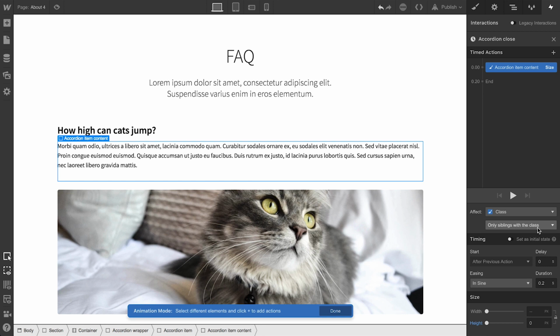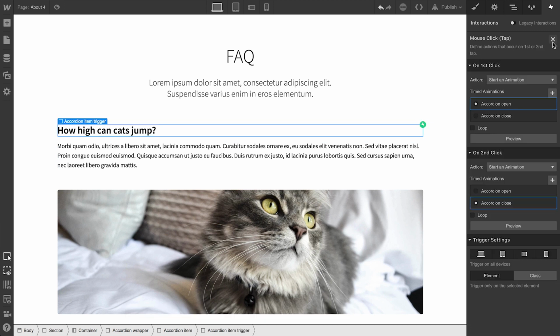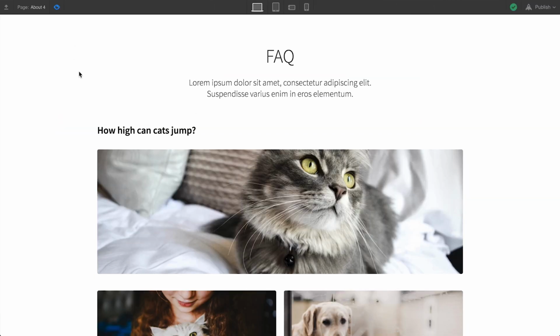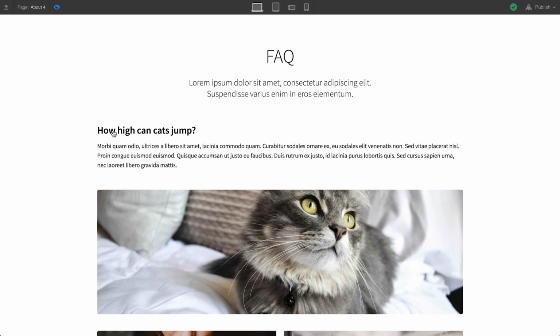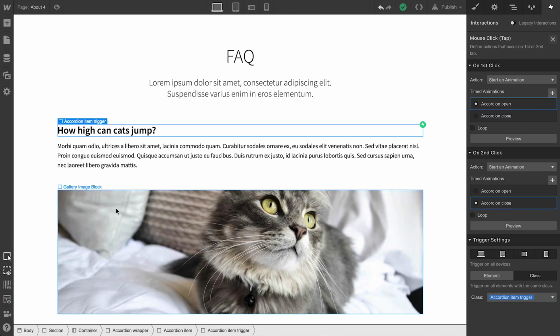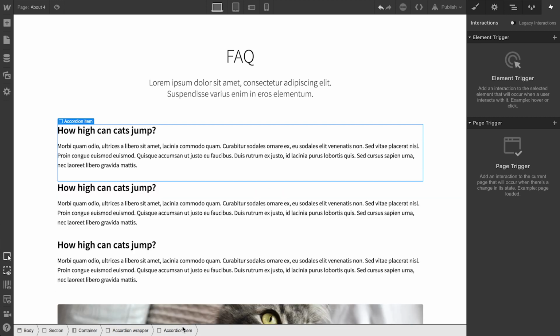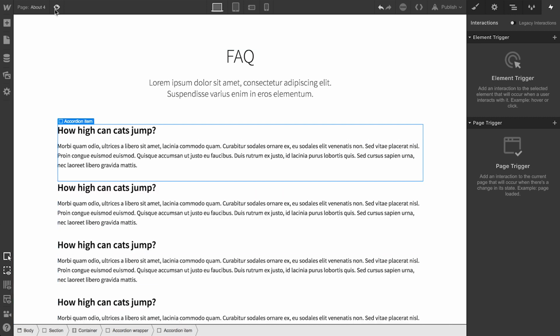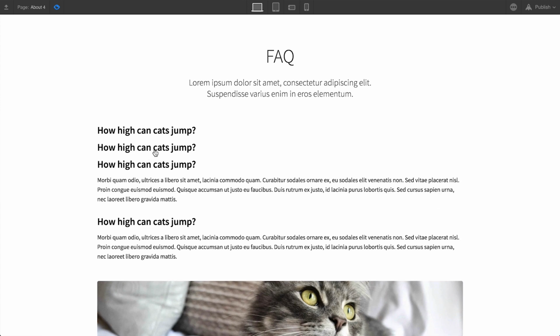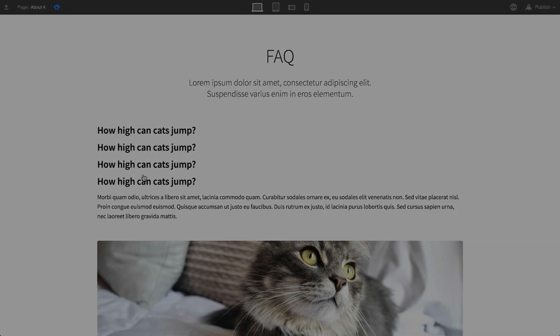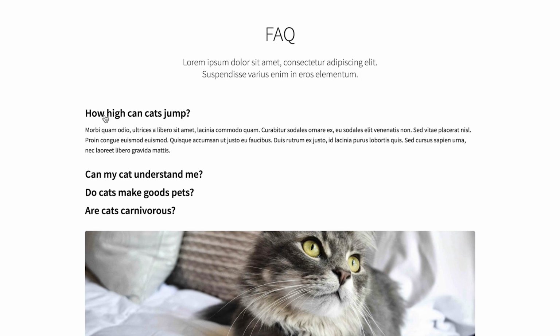And as a final note to make this work before we move forward, let's close out of the animation and make sure our trigger, the trigger itself, the mouse click, affects everything that has the same class applied on the trigger, accordion item trigger. If we go to preview mode, it works perfectly. Open, close, open, close. Ready to add some more items? Just select the accordion item and duplicate. Here we're just copying, then pasting a bunch of them. Let's go into preview again, and you can see you can open whatever you want and close whatever you want. That's it. That's the core functionality of an accordion.